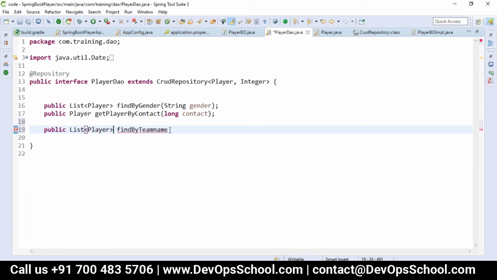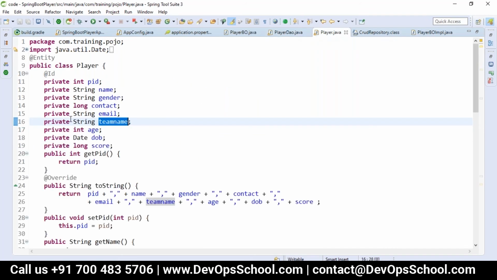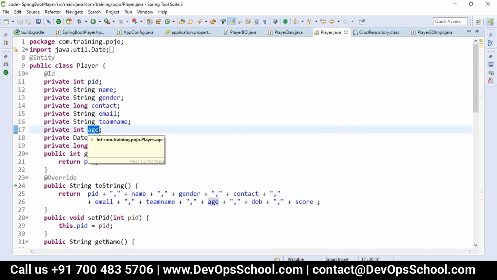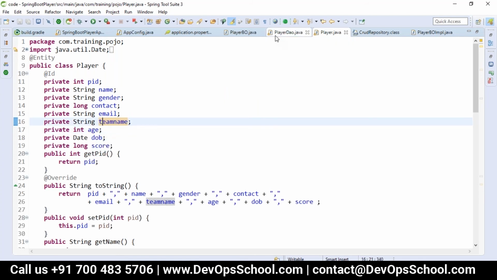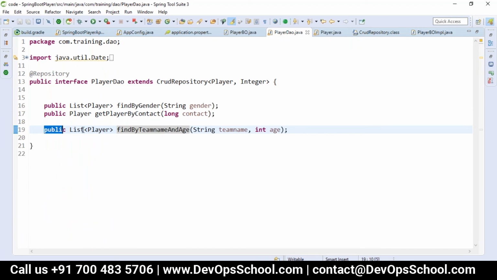I want to apply the And condition for team name and age. This way I construct my method. The method is public List<Player> findByTeamNameAndAge, so it will do the operation of And between the age and the team name. That way the query will be fired for this.